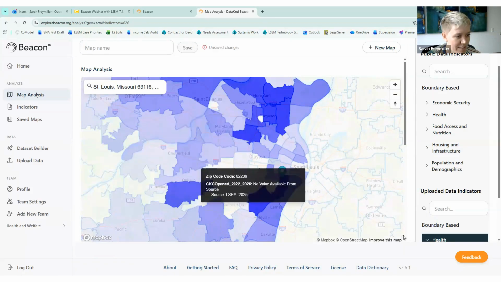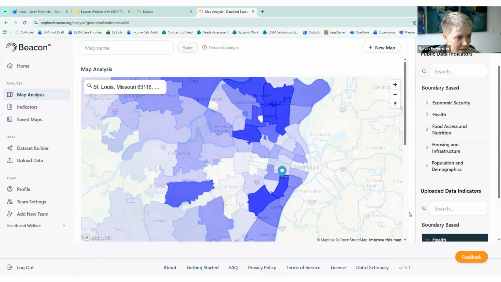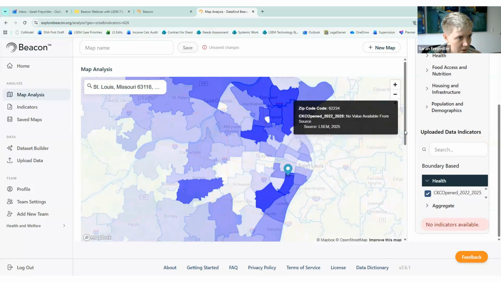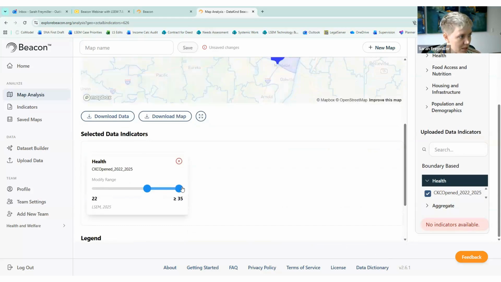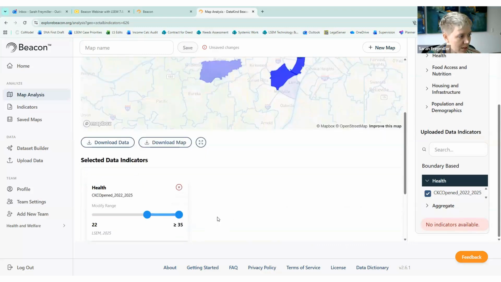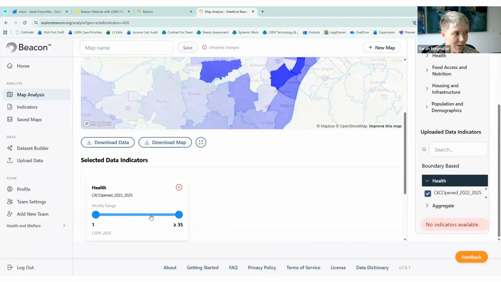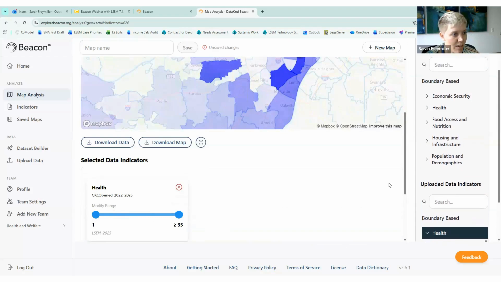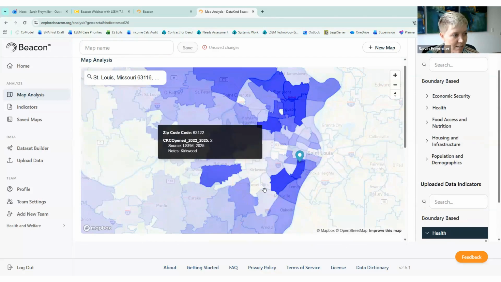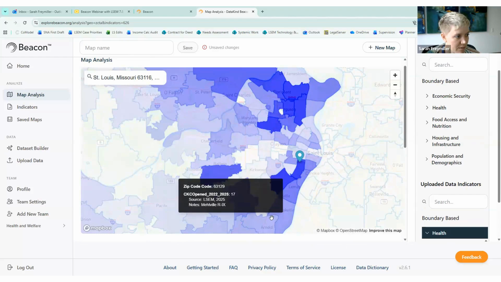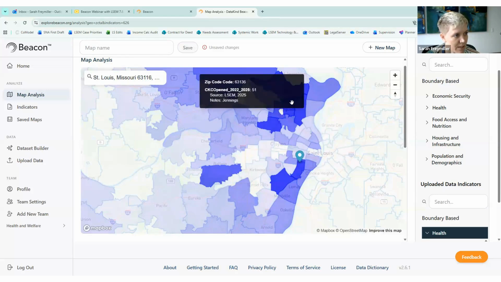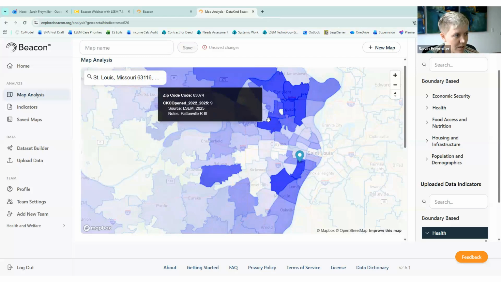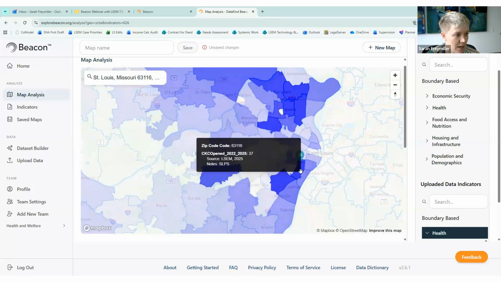And so we have the existing case data for CKC. I'm going to scroll down a bit to our ranges. I think if I expand the range a bit, right now it's only showing cases in the 22 to 35 and up range, but if I include it all the way down to one, it gives us more of an idea of everywhere that they've been taking cases. So we can see down here, we've got some additional cases in South County as well as North County. So our big concentrations appear to be in the North County and in these southern zip codes in St. Louis City.